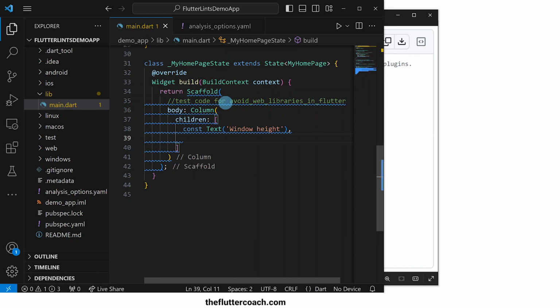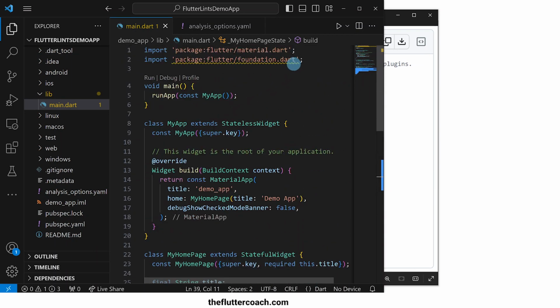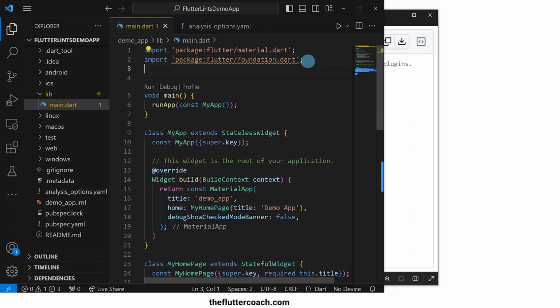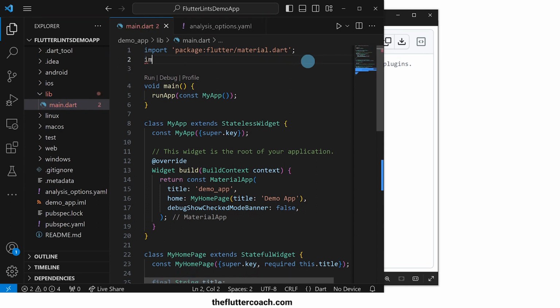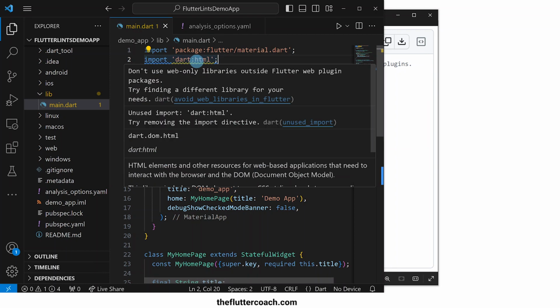But this time we want to use web code or HTML code to get the window height. And to do that, we will need to import the .html package. So let's get rid of this foundation.dart because we do not need it. So import .html. Now this is a web library, and immediately we can see that we have violated this rule, which is avoid